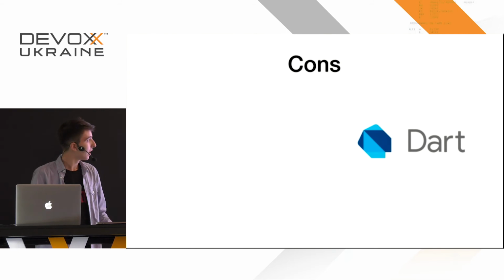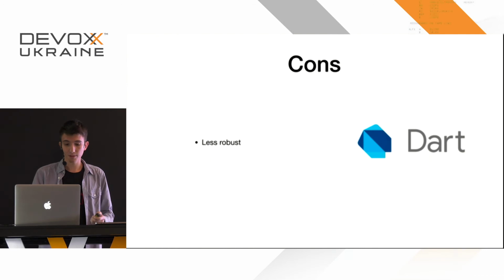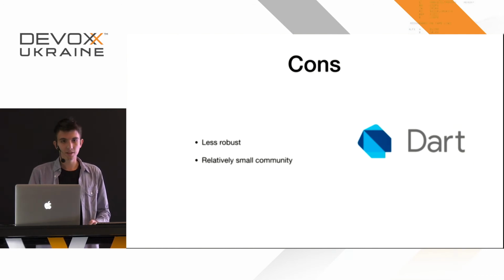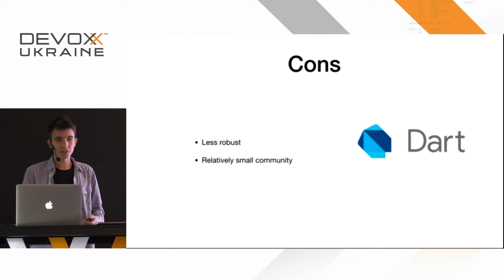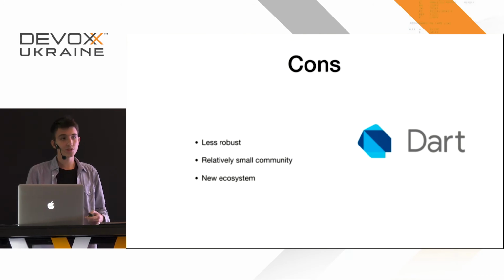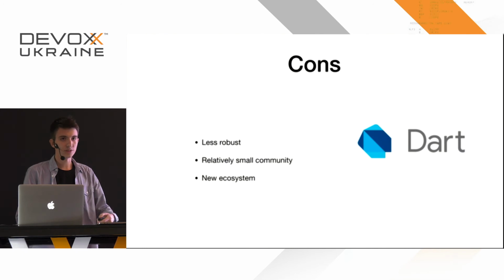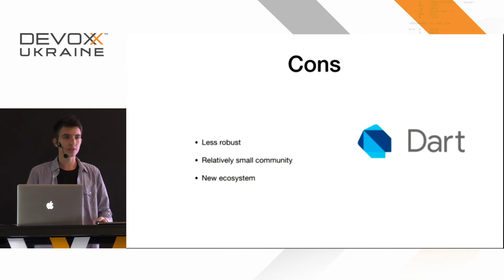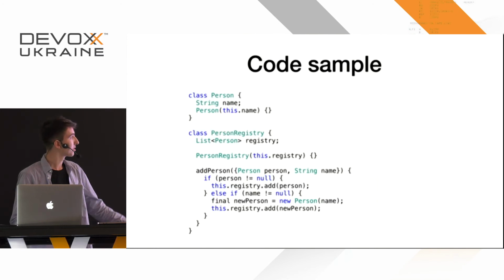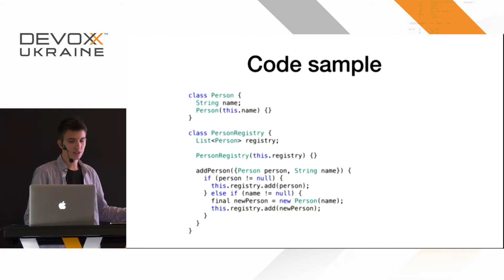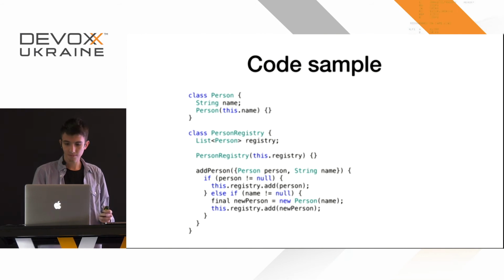And cons of it are that it's less robust than, say, TypeScript. It has a relatively small community, because same with Kotlin, not many people use it for front end. And it's an entirely new ecosystem. If before with TypeScript or Kotlin, you have stuff that you already know from Java, from JavaScript, here all the core principles are new. But it still won't take you a lot of time to learn because it's not OCaml or F#. Here's a code sample where you can see that it's pretty much like Java except for some syntax sugar